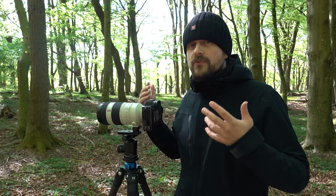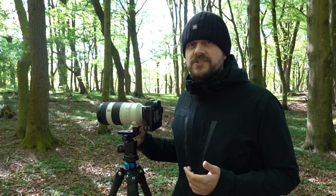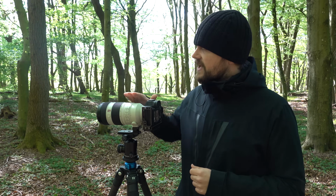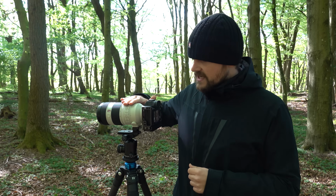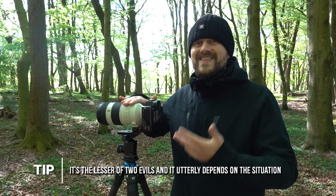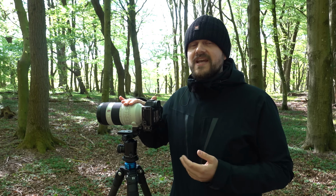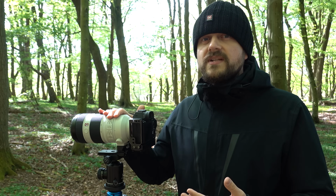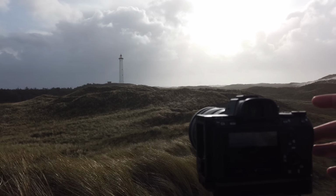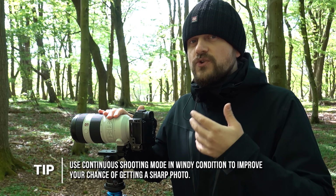As I just said, as a rule of thumb, you do not want to touch your camera when you take the photo. However, in very windy conditions, as I experienced out at Lyngvi Lighthouse, you can definitely put a gentle push on top of your lens just to push the entire setup a bit further down and make it heavier in that way. It removes a lot of the micro vibrations that the image stabilization cannot take. And on very windy days like that one, I do not shoot with a 2 second delayed timer. I shoot in continuous shooting and I just hammer off a lot of photos at once,